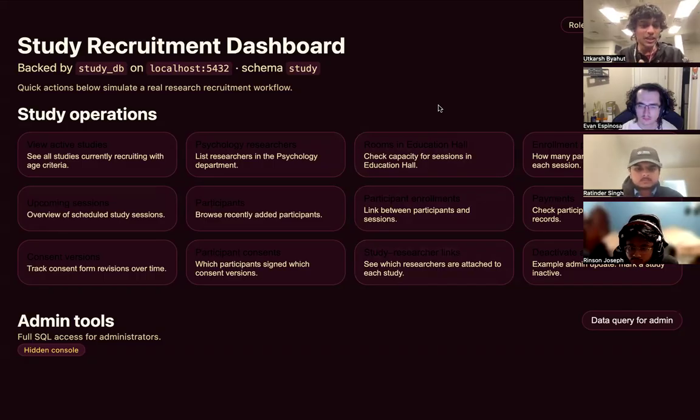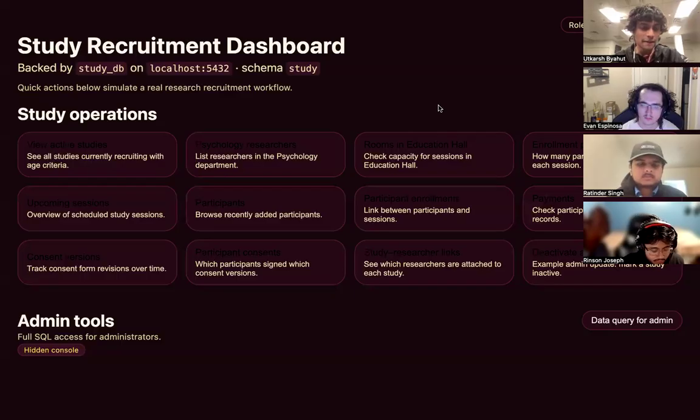What we aimed to deliver was a study recruitment dashboard powered by the database management capabilities of PostgreSQL. And we were able to deliver, thankfully, based on the hard work that we did throughout the semester, creating an application that can serve as an end-to-end pipeline for all ASU students, faculty, and researchers, where we can do everything from starting a research proposal, conceiving the idea, setting constraints, and even